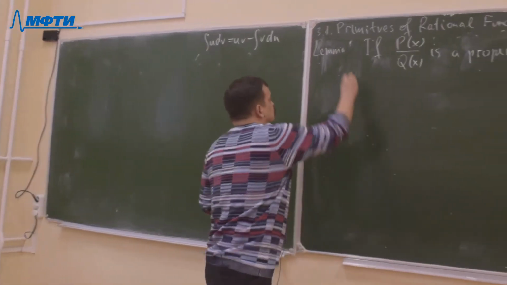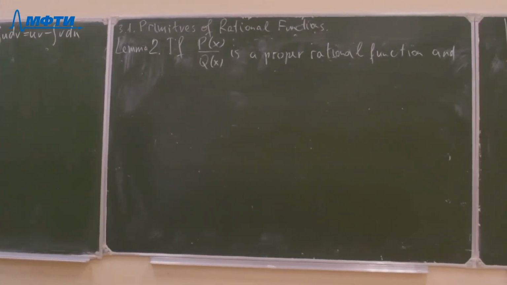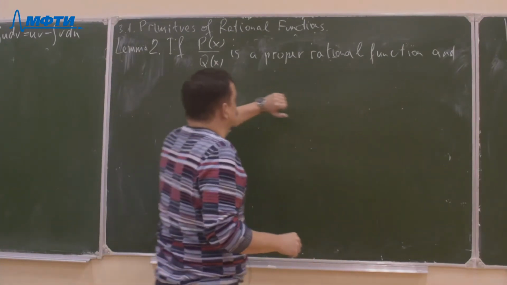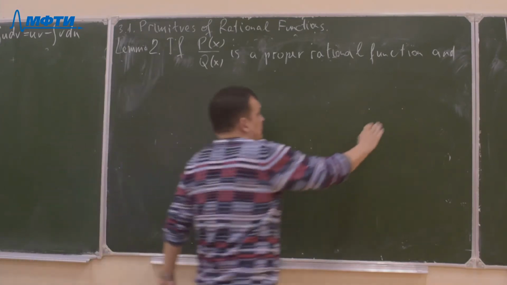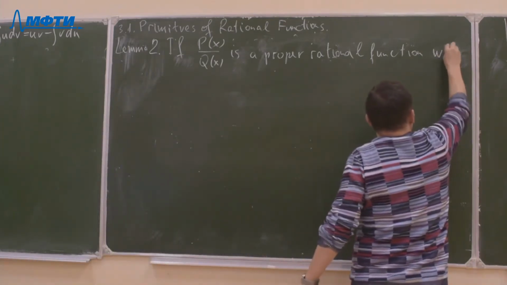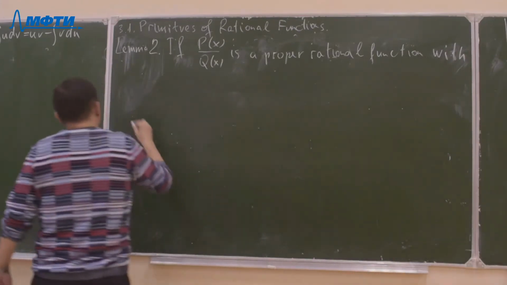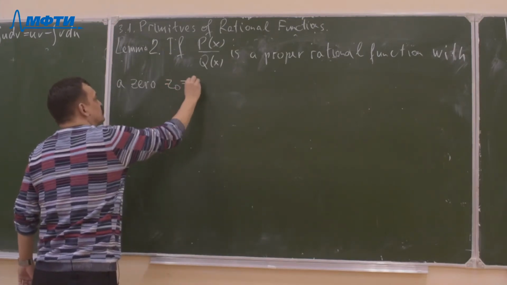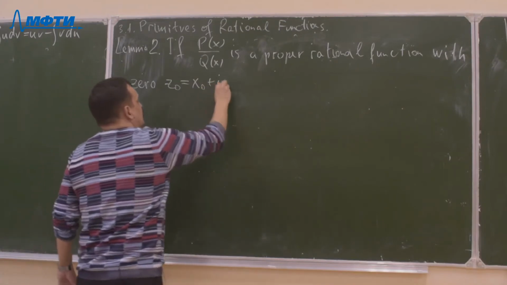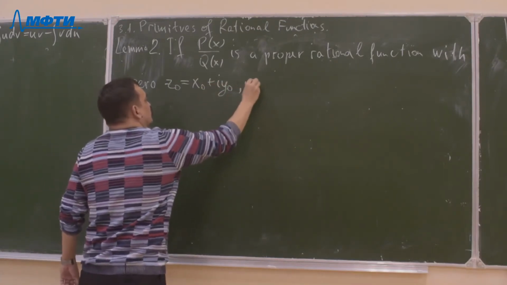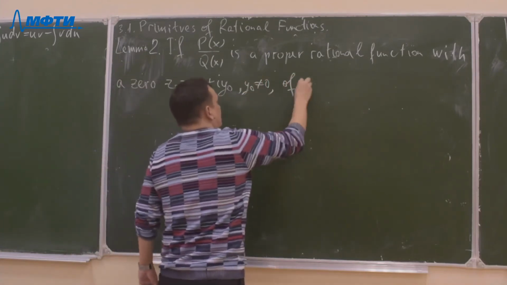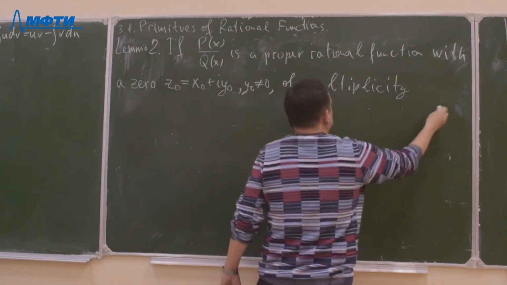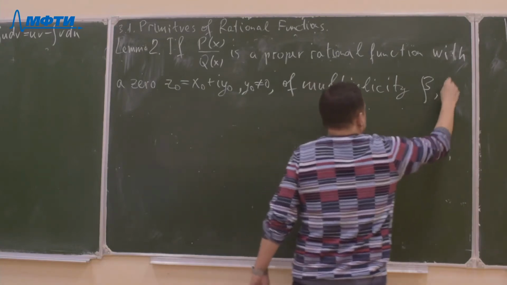Okay, so lemma 2: if P of x over Q of x is a proper rational function, okay, maybe better here to write, with a zero z naught equals x naught plus i y naught not equal to 0 of multiplicity beta, natural,